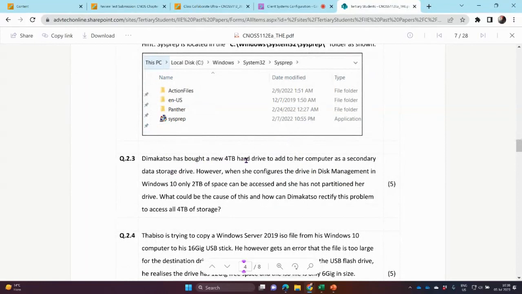Demarcazzo has bought a new 4 terabyte hard drive to add to her computer as a secondary storage device. However, when she configured the drive in Disk Management in Windows 10, only 2 terabytes of space can be accessed, and she has not partitioned the hard drive. What could be the cause of this, and how can Demarcazzo rectify the problem to access all 4 terabytes of storage space? Here, the BIOS needs to detect